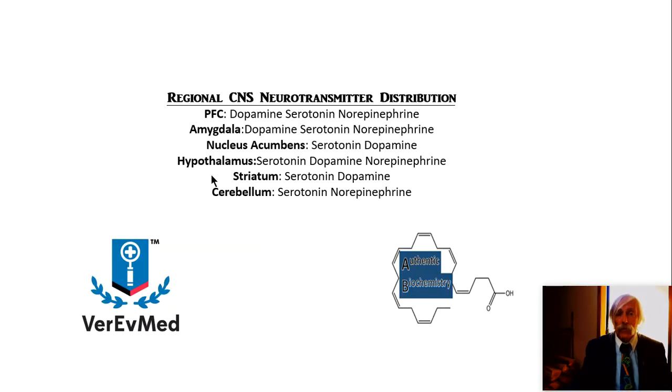So, again, the regional CNS neurotransmitter distribution here, I want you to understand the PFC: dopamine, serotonin, norepinephrine. The amygdala also, of course, is directly bathed with dopamine, serotonin, norepinephrine. The nucleus accumbens, serotonin, dopamine. Hypothalamus, serotonin, dopamine, norepinephrine. Striatum, serotonin, dopamine only. And the cerebellum, serotonin, norepinephrine only. So there are a lot of really well-done characteristics about neurotransmitter utilization, receptors, and biosynthesis for very specific regions of